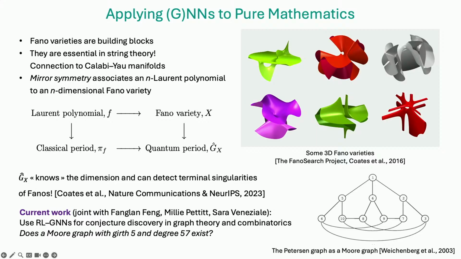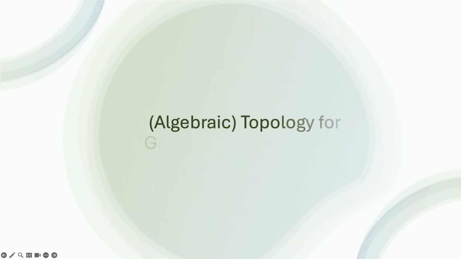Now, an important open problem here is, does a Moore graph with girth 5 and degree 57 exist? Don't know. And so we're trying to use graph reinforcement learning for that right now, and hopefully we'll get somewhere. If you care about graph neural networks, this is also a very nice application area. Okay,